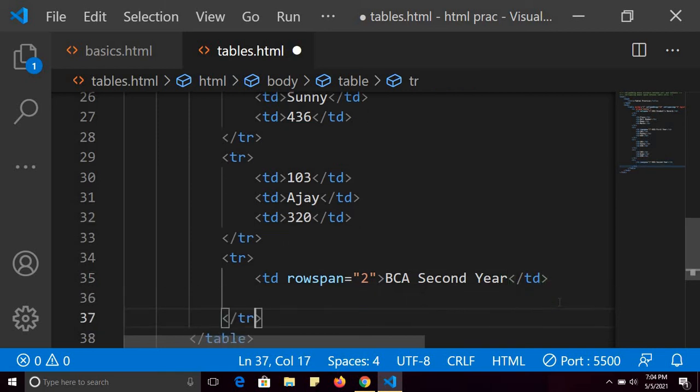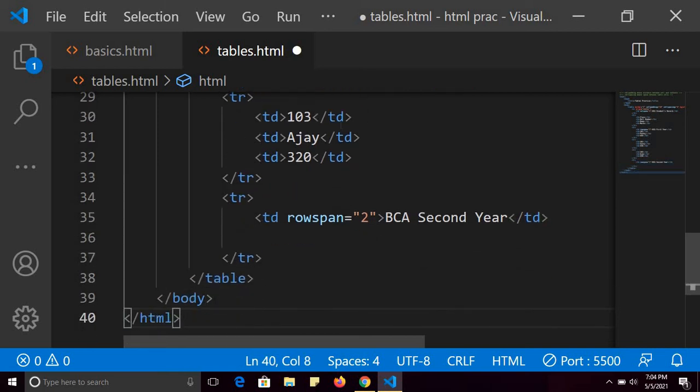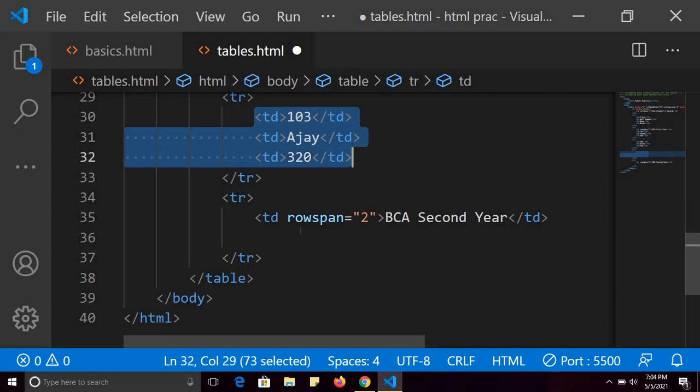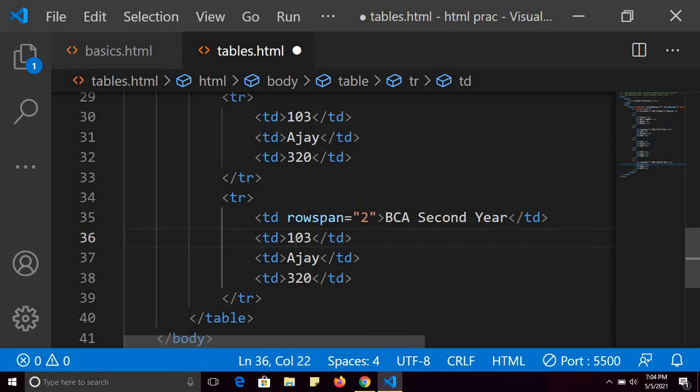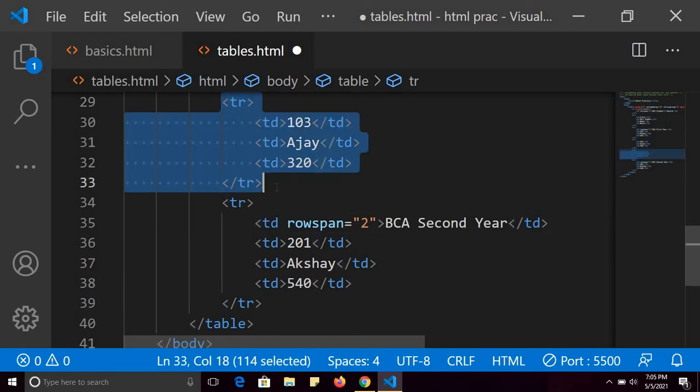Fine. So let me copy. Suppose 201, Akshay and marks are 540. So let me again copy it.